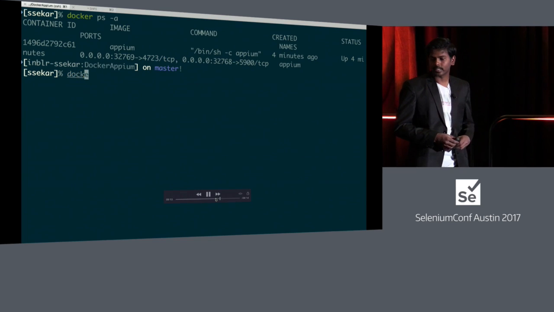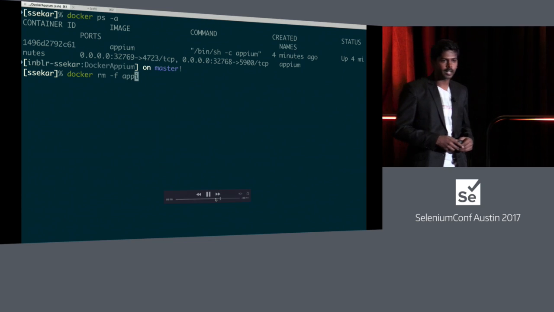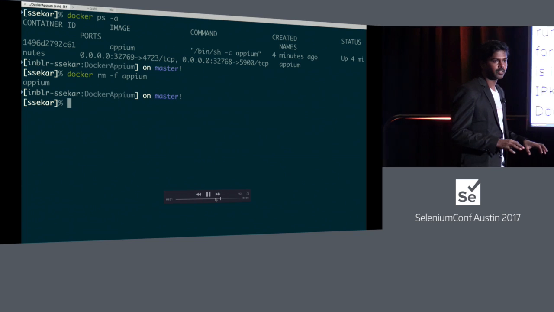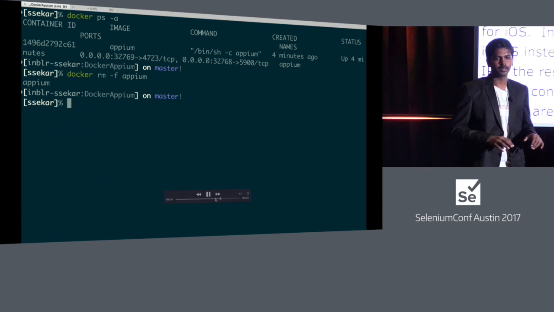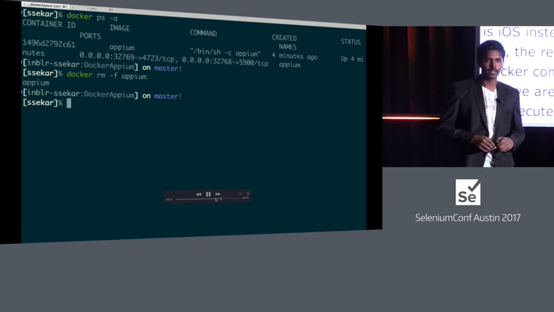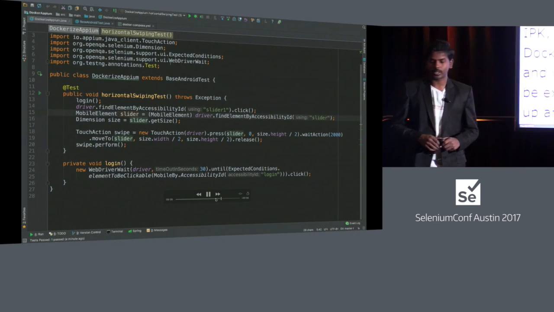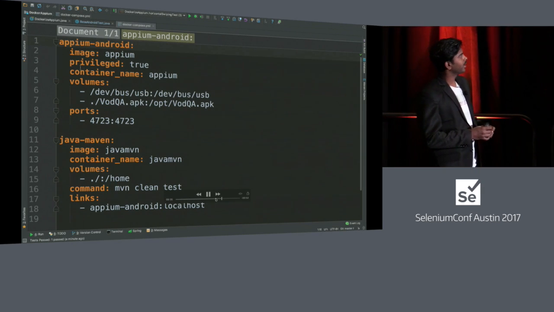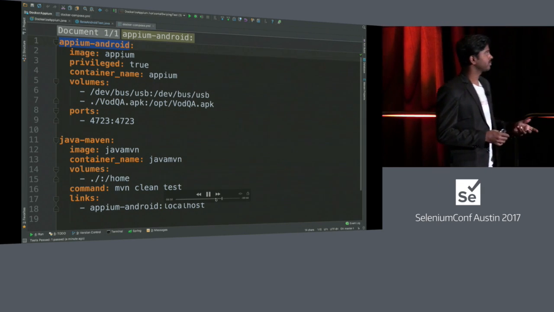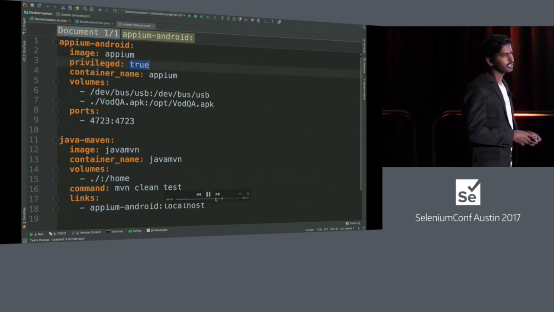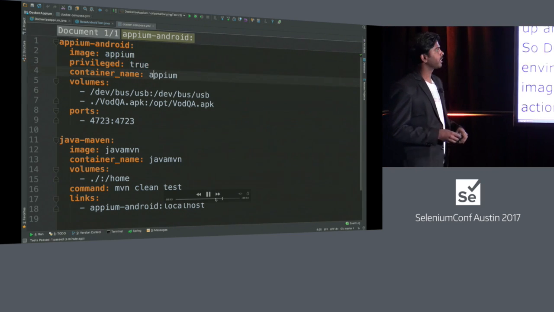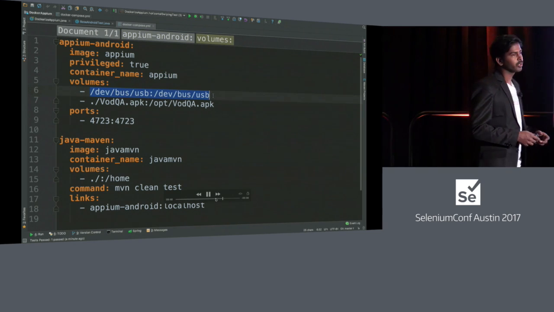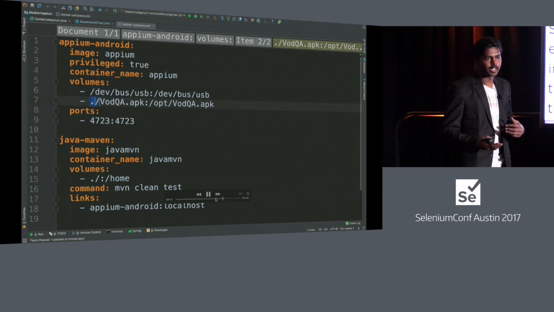So we can see Docker container is still up and running. I'm removing it. And next, we have seen so many commands to be executed for a single application to be up and running and to be tested. So Docker has another concept called Docker Compose. It's like a YML where you can specify which image to be used, and whatever actions that we have given: privileged, which is privileged true. Container name is the name of the container which I am going to run, and volumes that I have mounted, USB to USB, and then I have copied the APK inside the container.